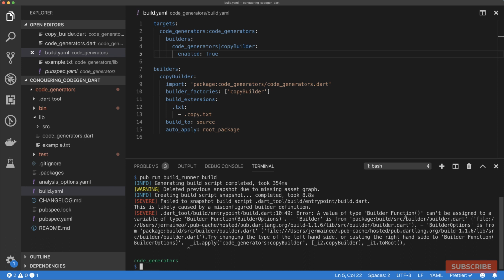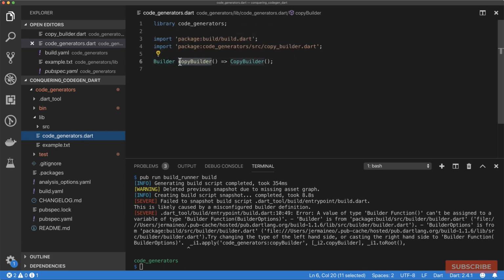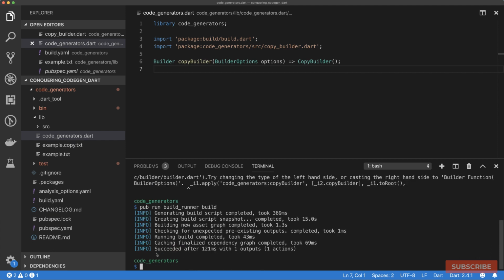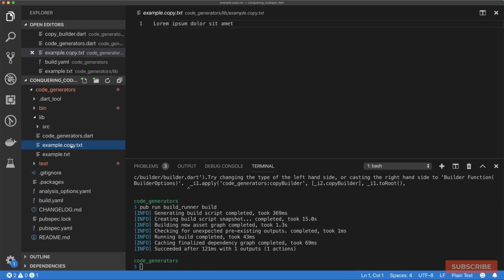A value of type Builder Function can't be assigned to a variable of type Builder Function with BuilderOptions. Yeah, so that's because for each of these functions, when the build process is running this function, it actually passes it an argument of type BuilderOptions, which is essentially a map of options that we are able to pass to our CopyBuilder. So currently we're not doing that, but for now, just put that here and run the command again. Okay, so our build is successful, and we can see right next to example.txt, there's an example